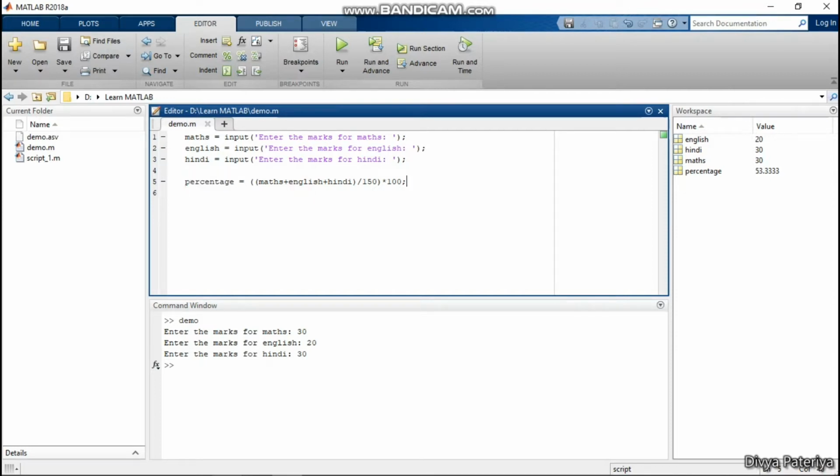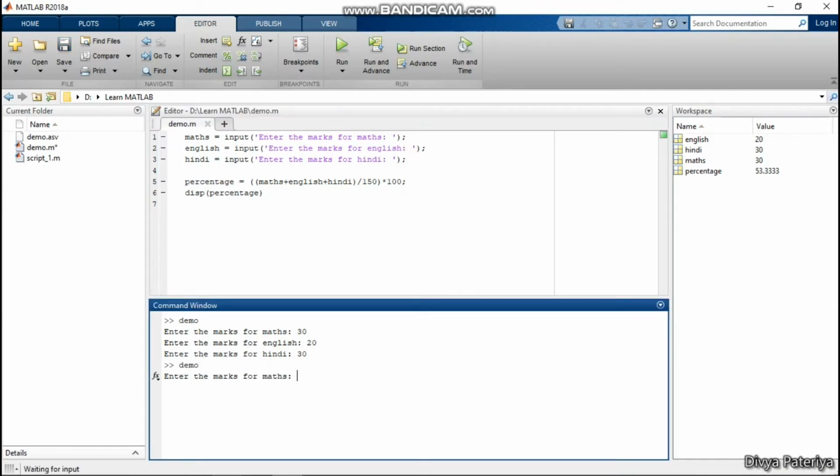So to display the output of a variable using a function, we have a MATLAB inbuilt function named display. I will just write disp inside the brackets. I will need to write percentage, whatever the variable name we want to print. So as soon as I run this command, I will have to enter the marks,